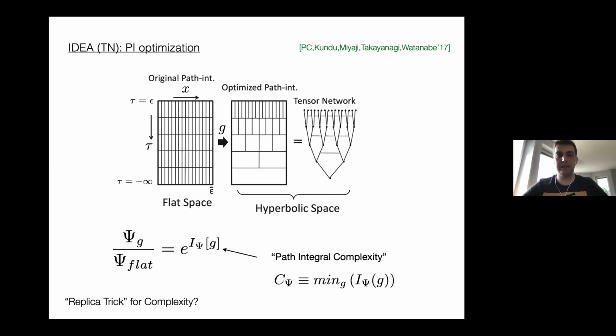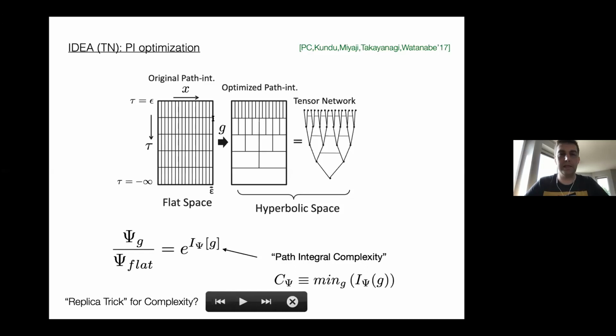And basically, the way we did it, or the proposal, was very strongly motivated by tensor networks. We came up with this idea of path integral optimization, which you can think of pretty much as a replica trick for complexity. Namely, we propose that in order to compute the complexity of a path integral, you have to go through some procedure of so-called path integral optimization